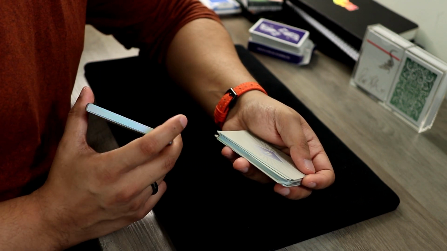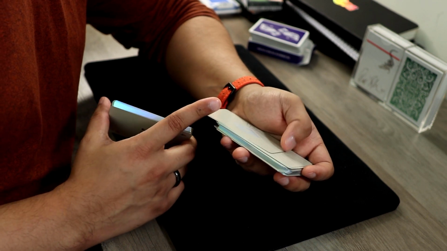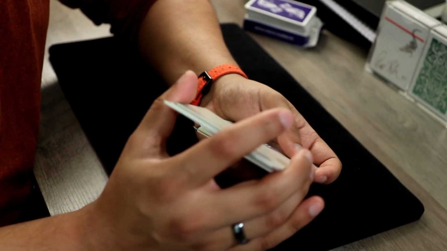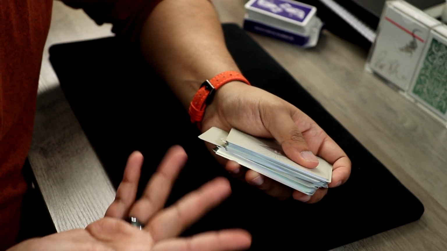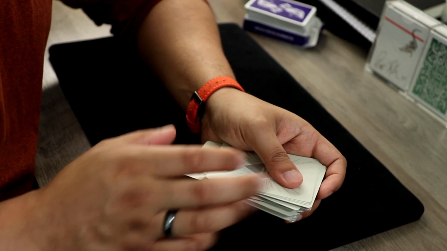You're going to now do an in jog, so push this back. Not a whole lot, so it's obvious, but just back a slight amount. I'm going to exaggerate just a little bit so it's easier to see on camera. And you're going to continue doing the overhand shuffle right on top. And what you can do at this point is, once the deck has been shuffled, you can say,